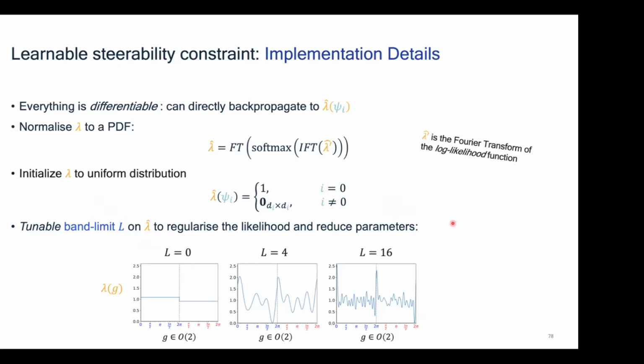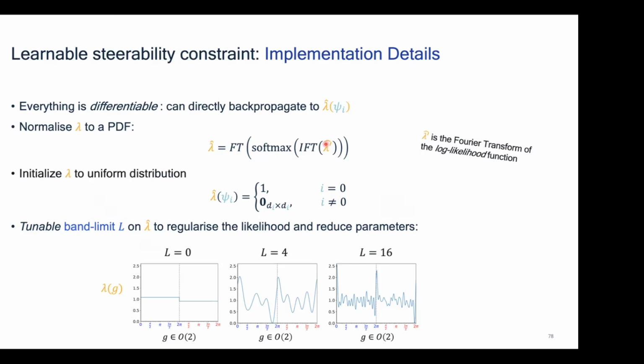A few implementation details. All we have seen so far is differentiable, so we can actually learn these convolution filters, while we also learn the probability distribution by backpropagating through the projection operator. We have to ensure our learnable distribution is a probability, so we actually learn the Fourier transform of its log likelihood, and then we do some sampling and softmax, and again Fourier transform to recover the Fourier transform of a